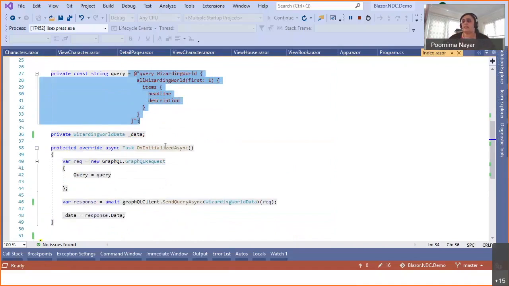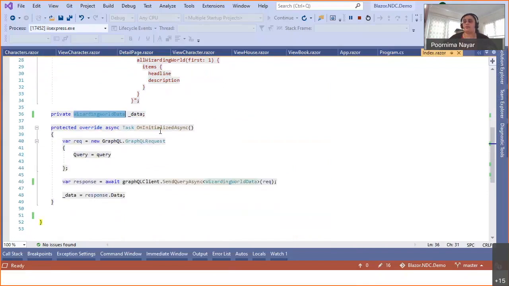have it in places. I have an object, which is my return type, and I'm using the OnInitializedAsync lifecycle event of a component. So this is the second lifecycle event in the whole lifecycle of a component. And this lifecycle event is triggered whenever a component is initialized for the first time. And this is a good place for me to initialize the data in a component,